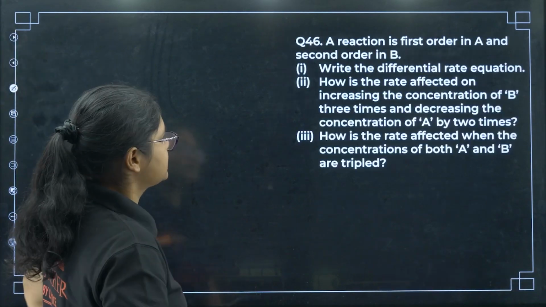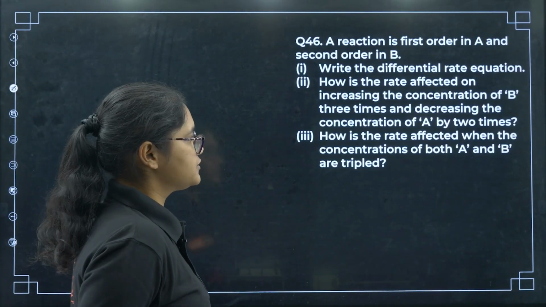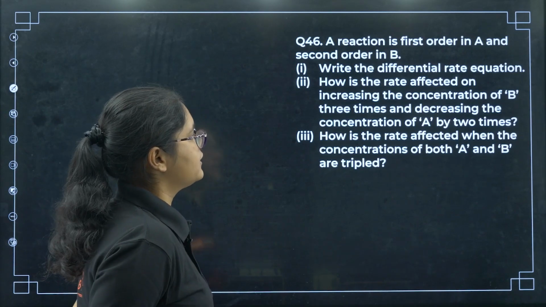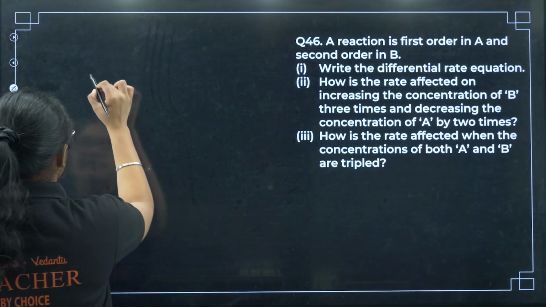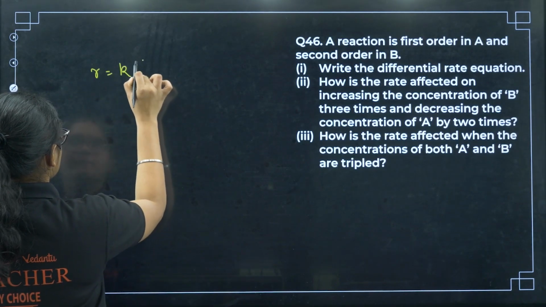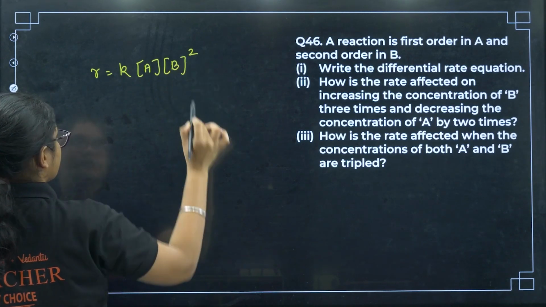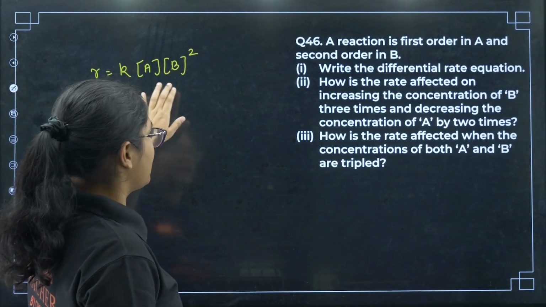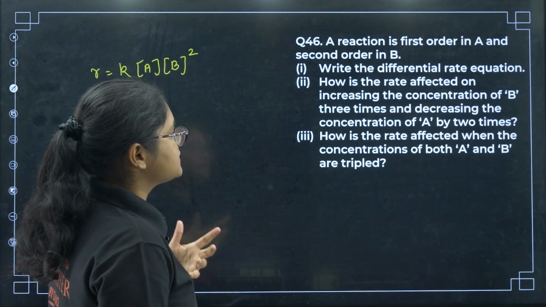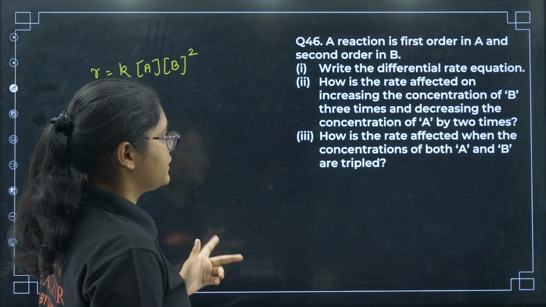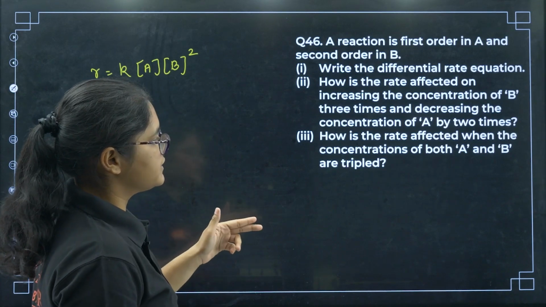Now moving to the last question. A reaction is first order in A and second order in B. Write the differential rate equation. So you can easily write it as rate R is equal to K into A into B square, right? First order in A and second order in B. How is the rate affected on increasing the concentration of B 3 times and decreasing the concentration of A by